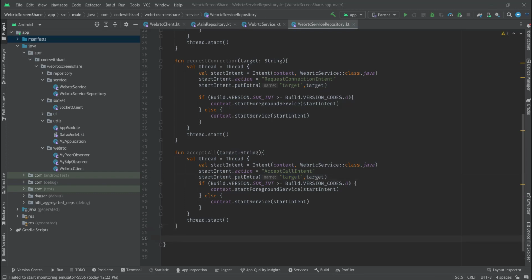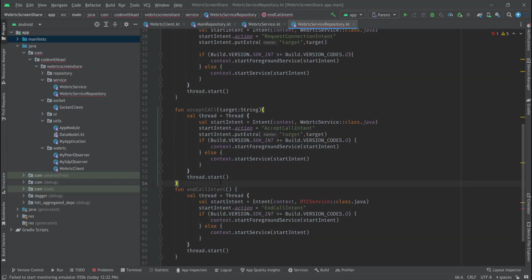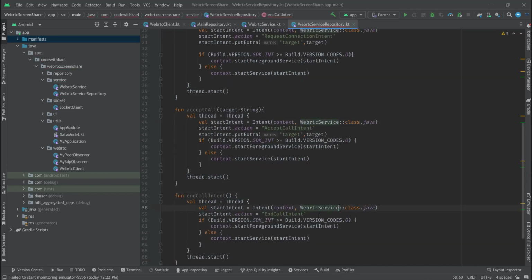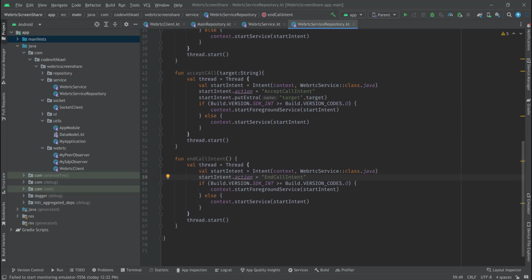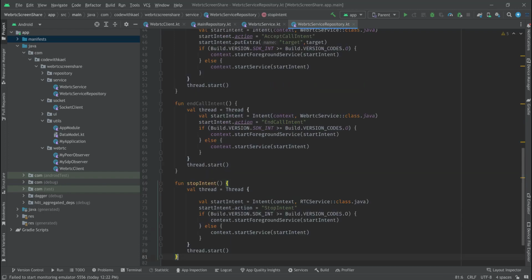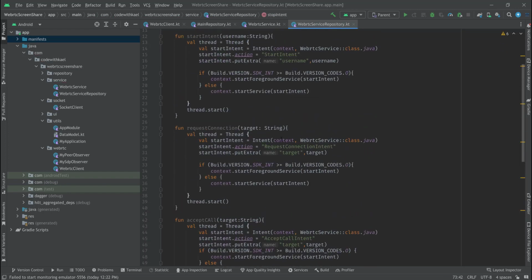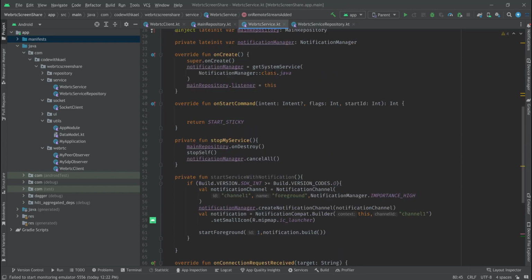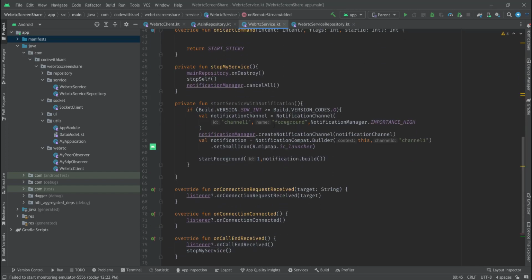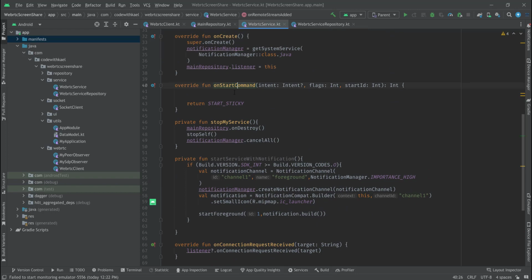The next function is end call. I'll just copy and paste it. Let's change the service name, which belongs to my previous package, and stop intent. So you can see we do have 5 kinds of action types that we have to handle inside our service. So let's go back to our WebRTC service, and inside my onStartCommand, first I want to check if intent